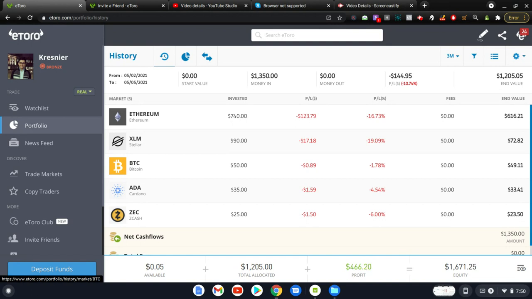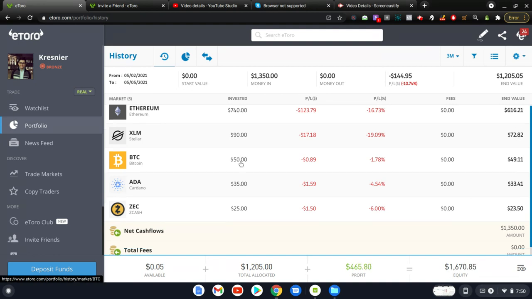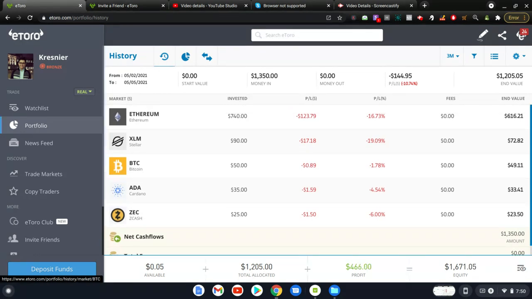So I actually sold these three. As you can see, this is how much I got when I sold it. I also sold this one, and I also sold this one. So these are the exchanges that I did. I sold these and I reinvested it back into Ethereum. So that's basically what happened for me.